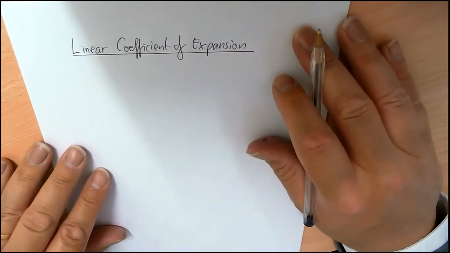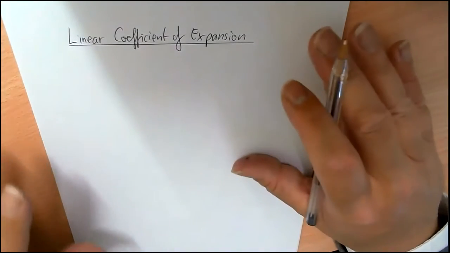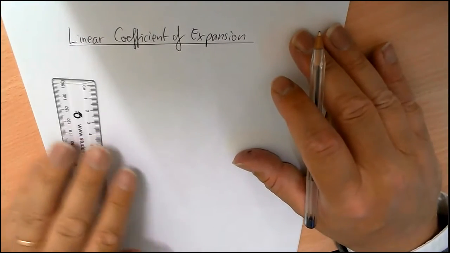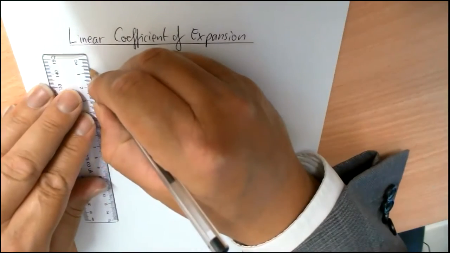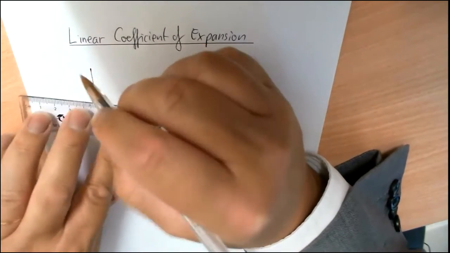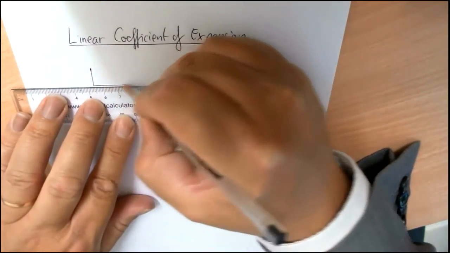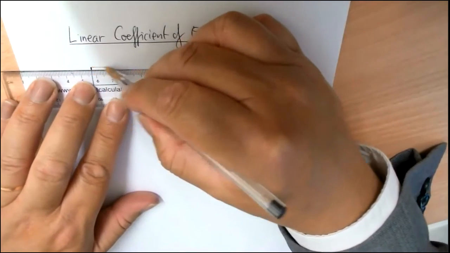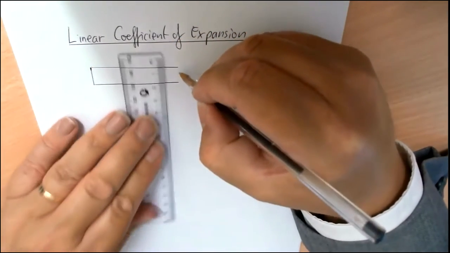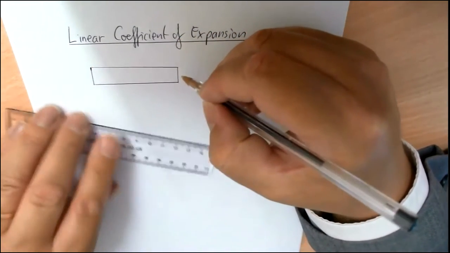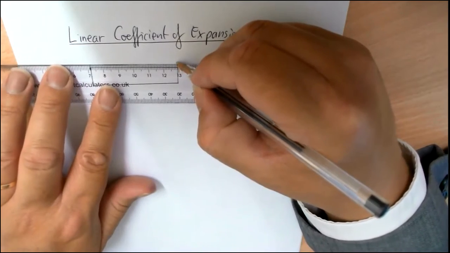The basic idea stems from something very, very simple. You've done some thermometry with Mr. Welsh, so you probably know some of this. Some of this will be obvious to you. Let's take a length of a particular material. It can be any solid material. It can be a bit of steel, let's say. If you take a length of material at a given temperature, it will have a length,